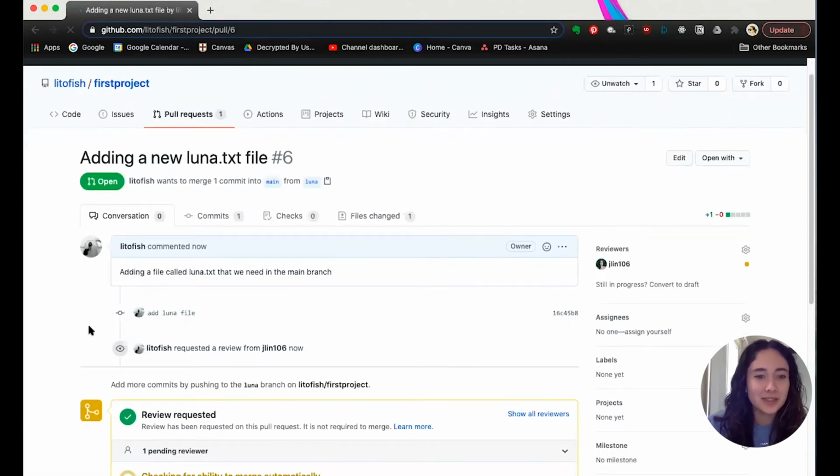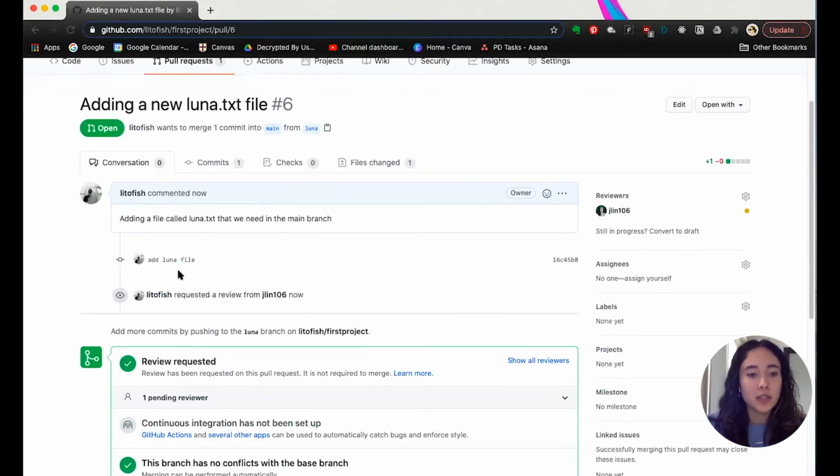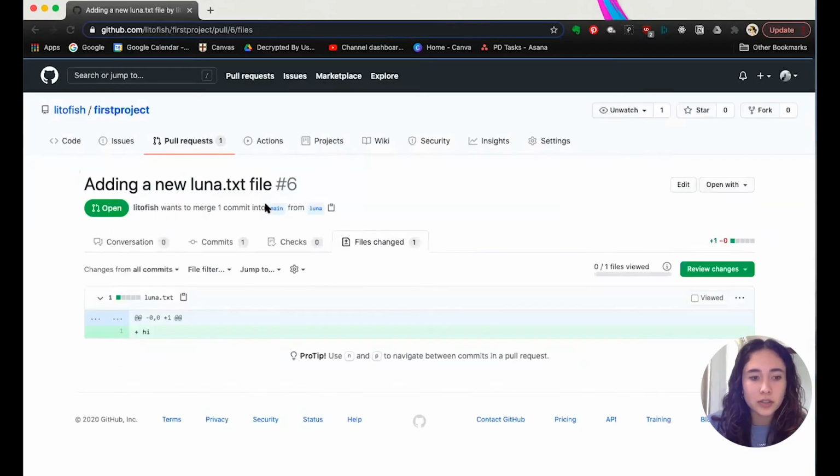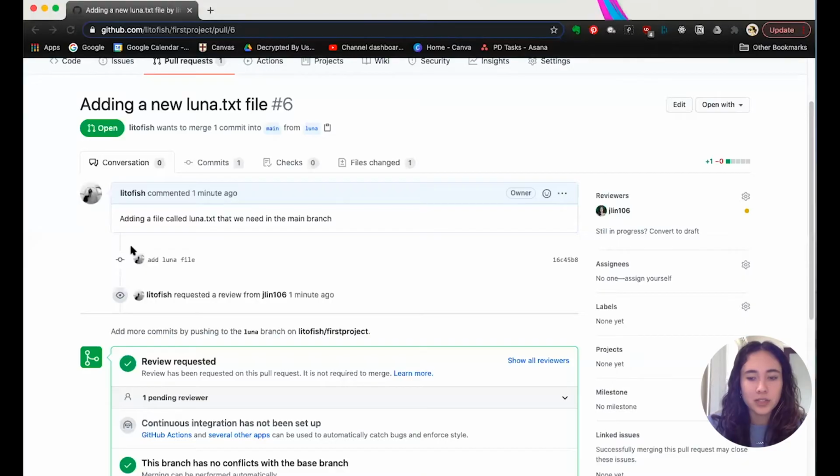So you can see here, this is once the pull request is created. If you keep adding any commits to your branch, those will show up here. So it's not necessarily fixed. You can keep adding to a pull request even once you make it, and you can see a log of your commits there. An important part of this is also looking at the files changed. This is going to show you the difference between what's on main now and what changes you're pushing. Yeah, and now Jen's going to talk a little bit about what it looks like to be a code